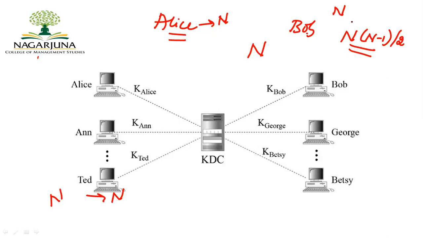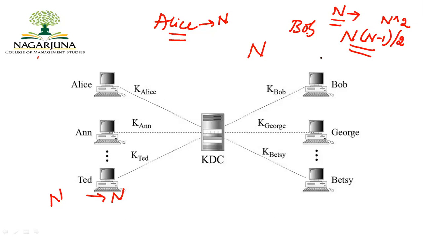So how many keys do we have to generate for n number of people, where n people want to communicate with each other? This is the number of keys required, specially for bidirectional operation, and this is normally referred to as the n square problem, or n to the power of 2 problem. This type of key distribution is a very difficult and challenging part.